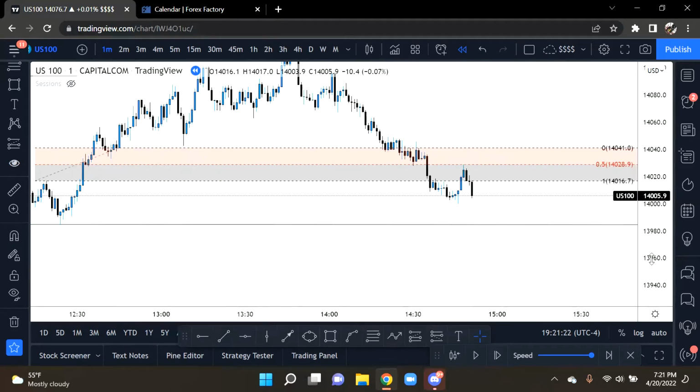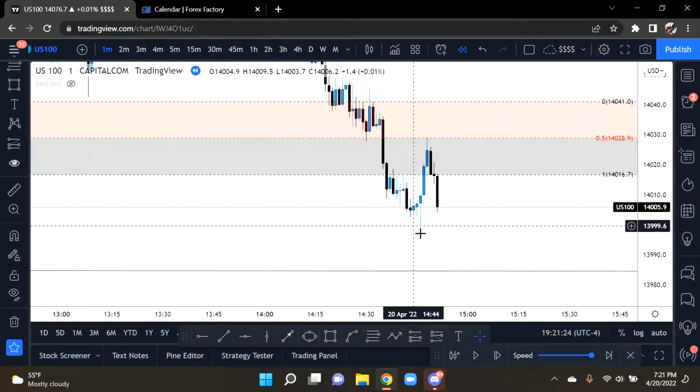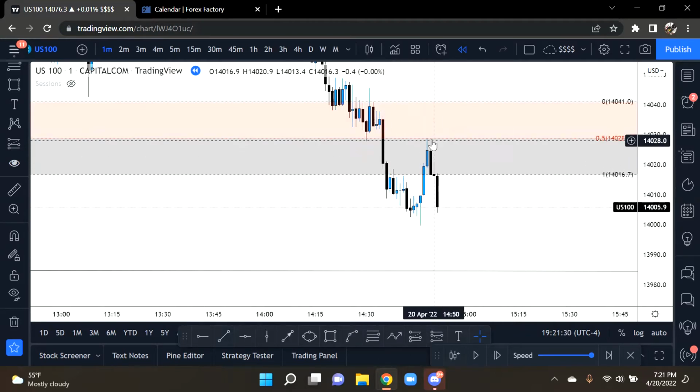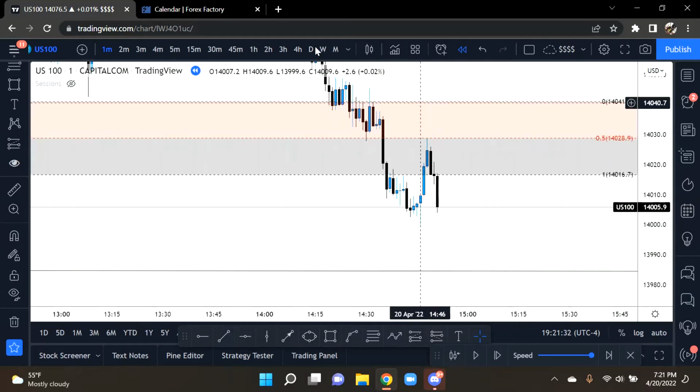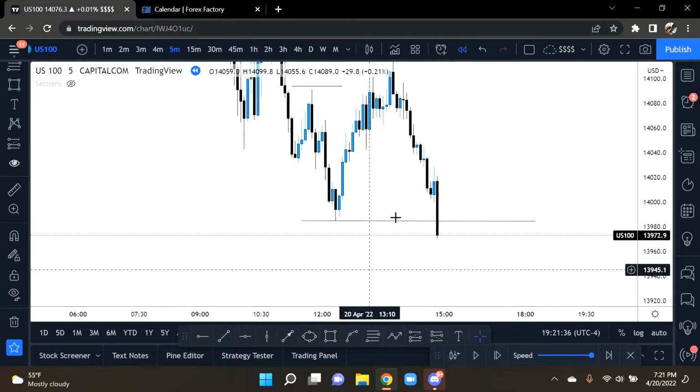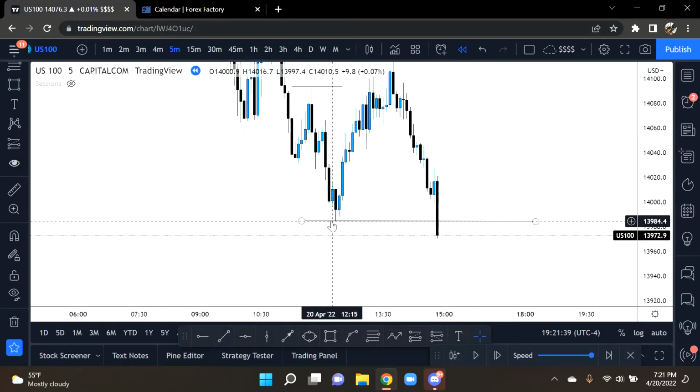There is no break of structure here. There is no clear swing highs. There's a swing low, but this is not a swing high. Right? I would not consider this a swing high. This, however, will be considered my swing high. So notice price, we dropped, we broke below liquidity,